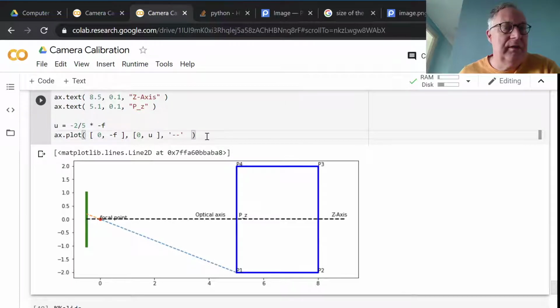And now we can see why the same distance, if I go to 8,